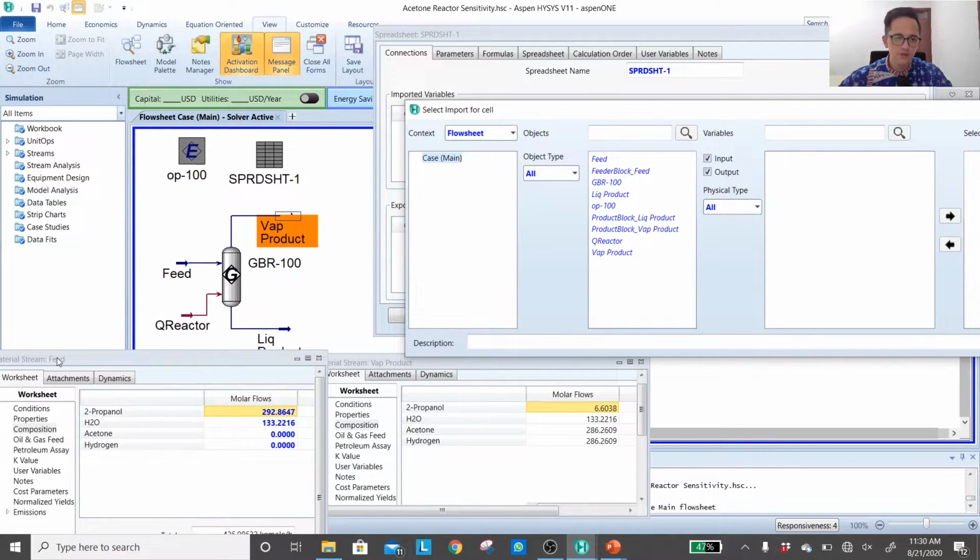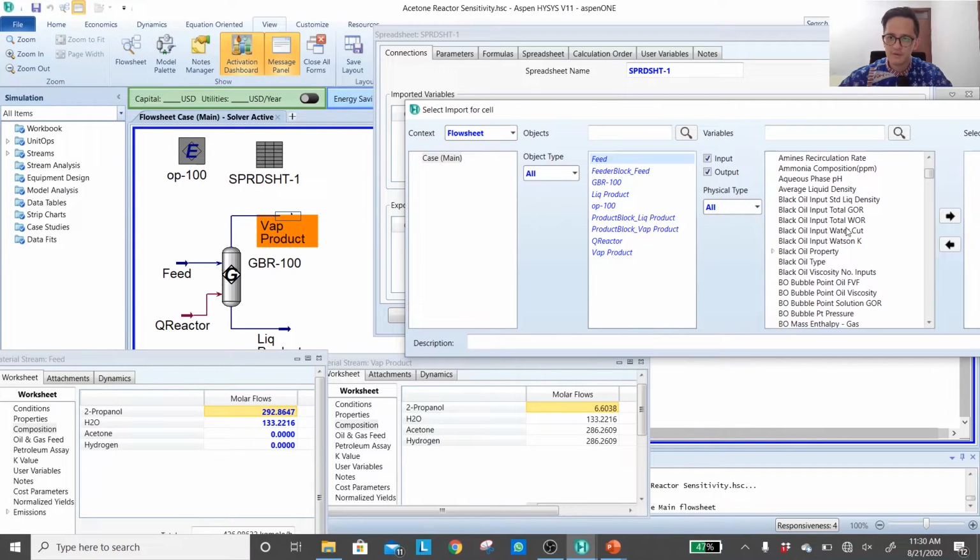Okay, so you just have to go to the feed, and then we need to find the molar flow, not the overall flow, but only the molar flow of this single compound. Okay, in that case you can use the molar flow here because this is the overall flow of the feed stream. What you want to find is only the molar flow of propanol.